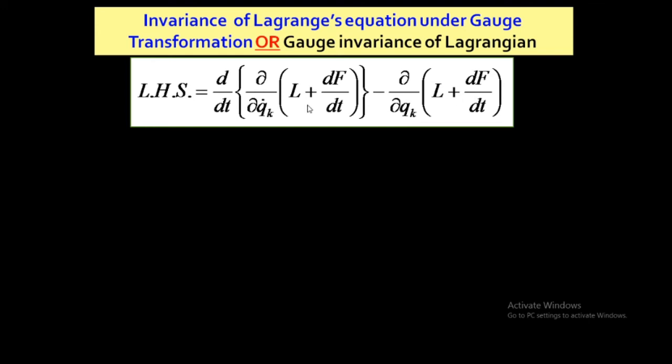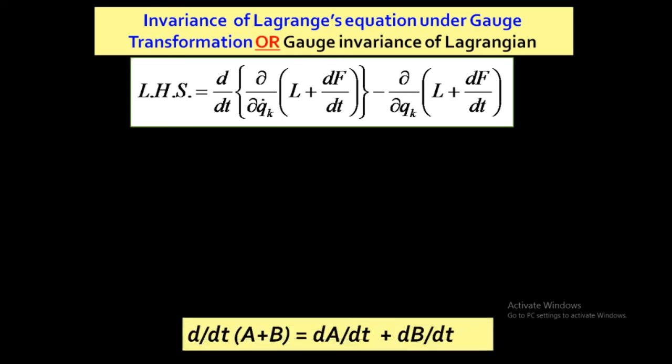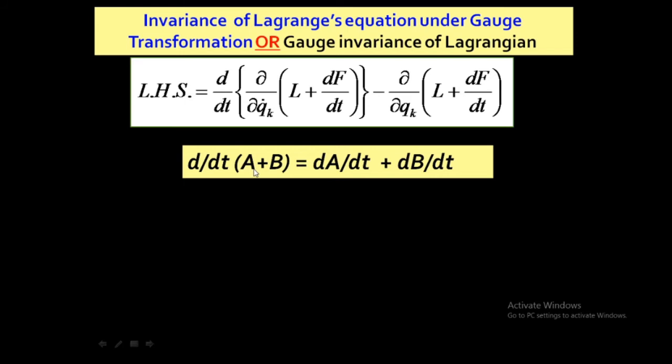And you know that the derivative, the sum of the derivative, if this is the derivative del by del q k, partial derivative, and there is a plus b, so we can separate it. With the rule of derivative, I can separate it, because you know that the derivative of a plus b is nothing but the derivative of a plus the derivative of b. If differentiation is common for a plus b, then I can separate it, dA by dt plus dB by dt.